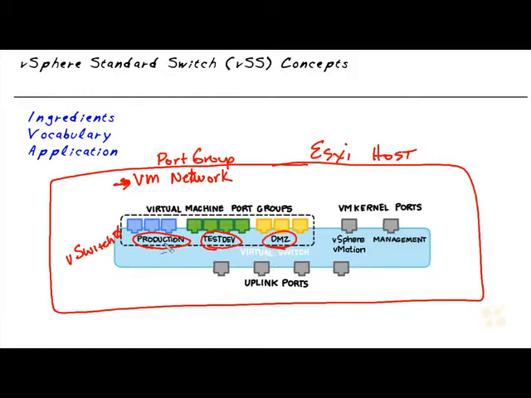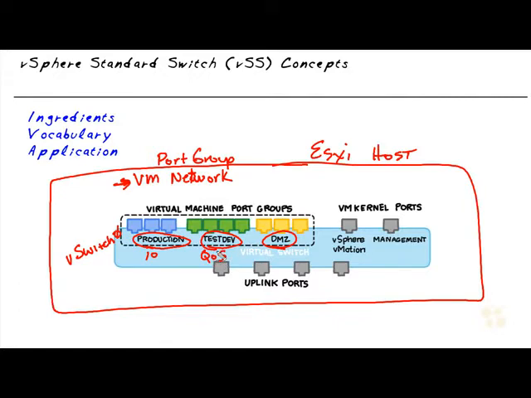So what they could do is they could associate with the production VM port group the VLAN of 10, for example. And that way any virtual machines that we connect to production would automatically be part of VLAN 10. For the group of test dev, maybe for that port group we assign specific quality of service parameters or certain